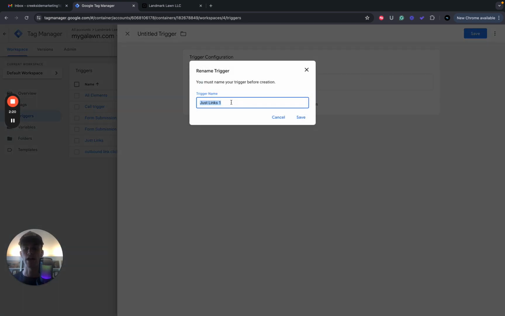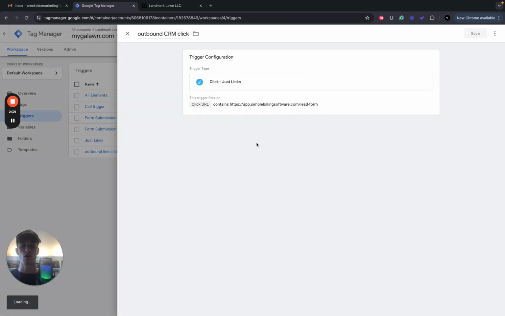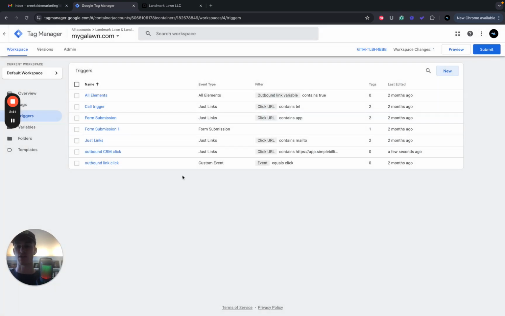Then we will name this trigger whatever you'd like in order to be able to reference it later in the future. So in this case, it's sending people to a CRM, so we will call it Outbound CRM Click. We'll save it. And once we save that, our trigger is ready to go,